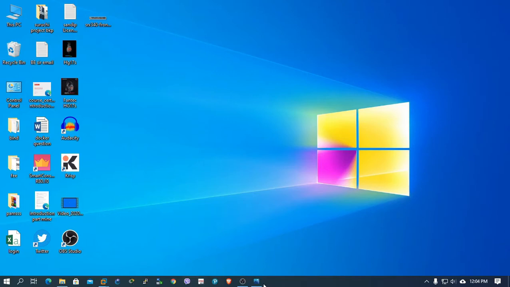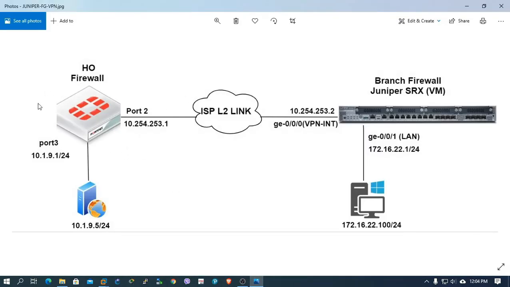The scenario is quite similar to the previous site-to-site VPN. So there is a Fortigate firewall on the head office side, and there is a Juniper SRX on the branch side. There is a point-to-point link provided by the ISP, and on the head office side there is the IP address 10.254.253.1, and similarly on the branch side there is 10.254.253.2, and the LAN side contains the IP address of